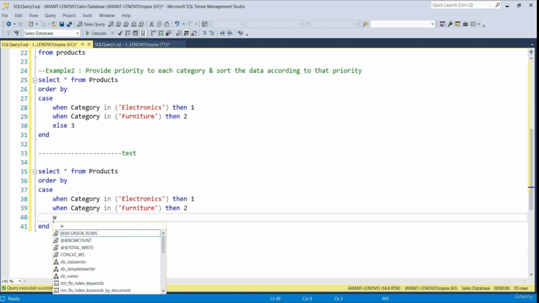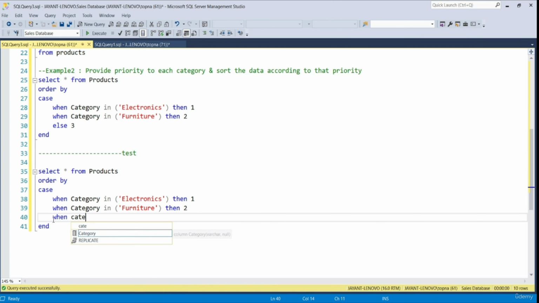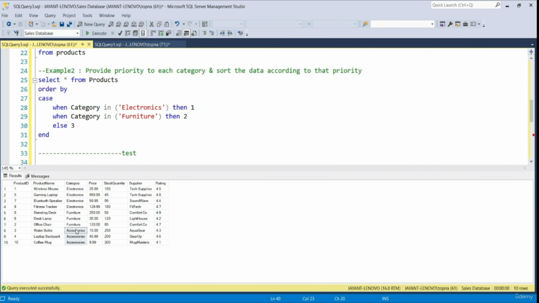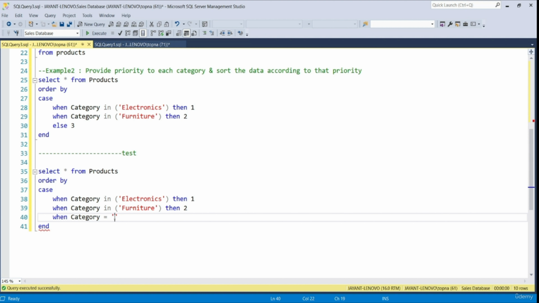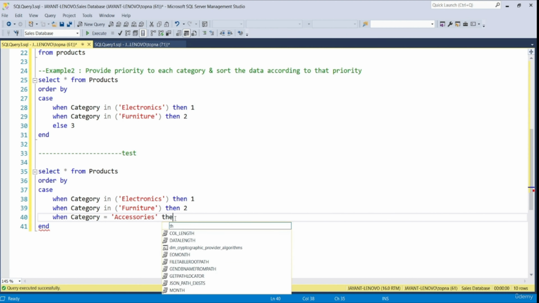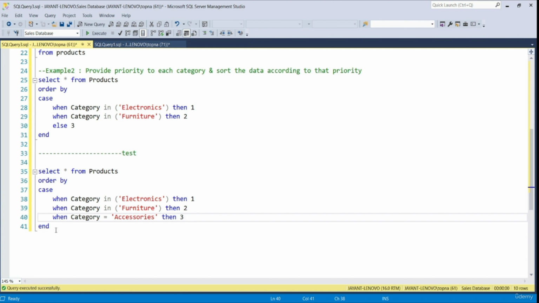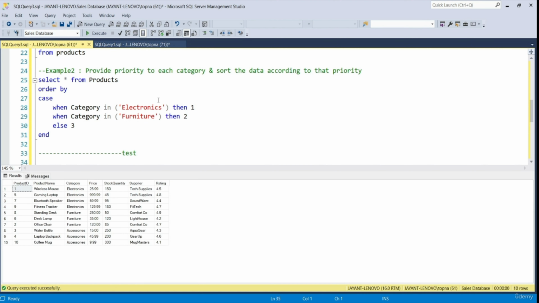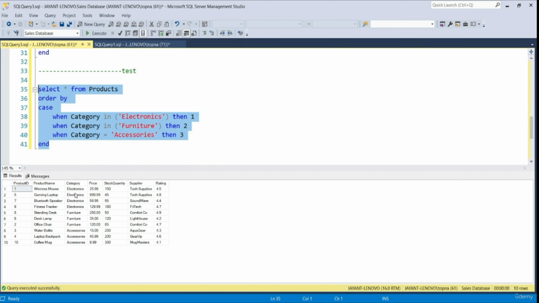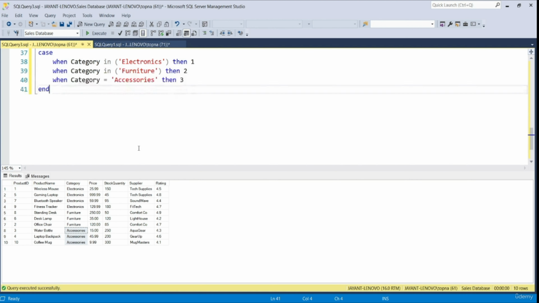So we can write when category is equal to, in single quotes, accessories. I'll copy it from here, Control R, paste it here, Control V, then 3. So it is also going to produce the same output. If I select the statement written from line 35 to 41 and execute it, you will see that it produces the same output, right? Electronics first, then furniture, and then accessories. So that's the point. Now let's take one more example to